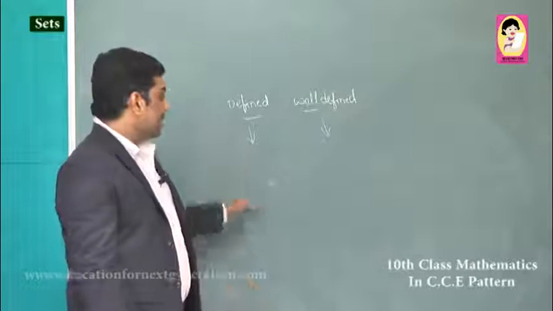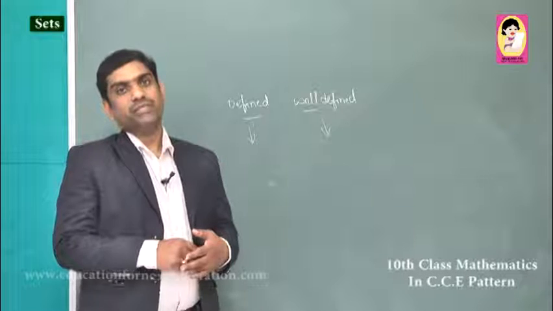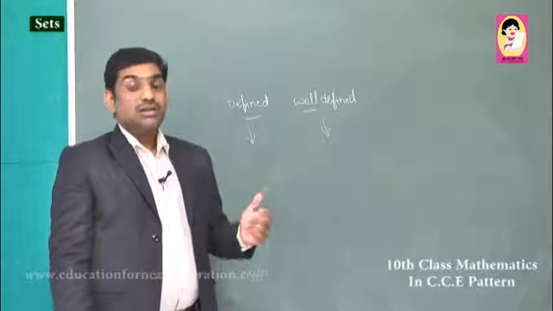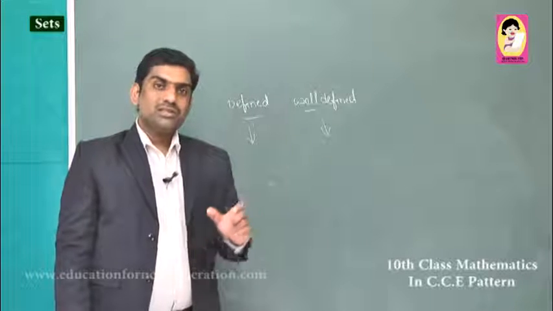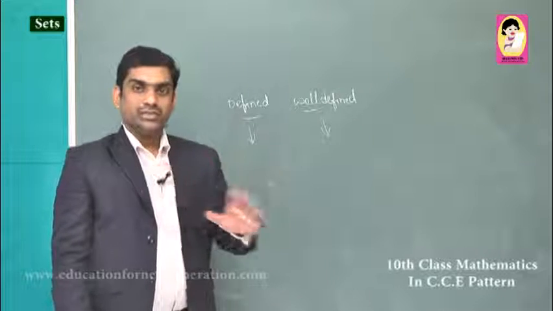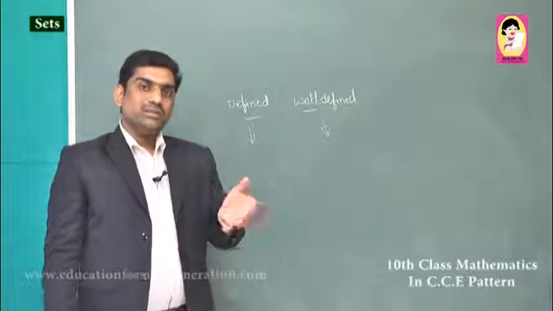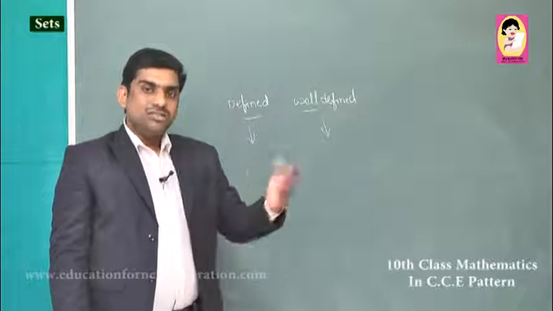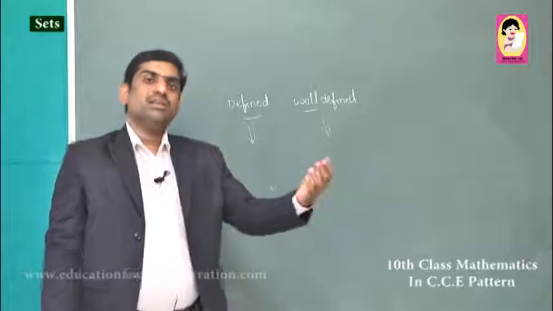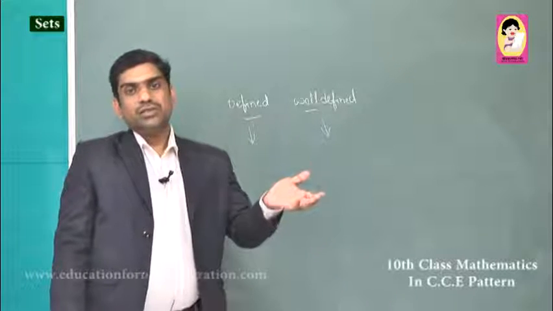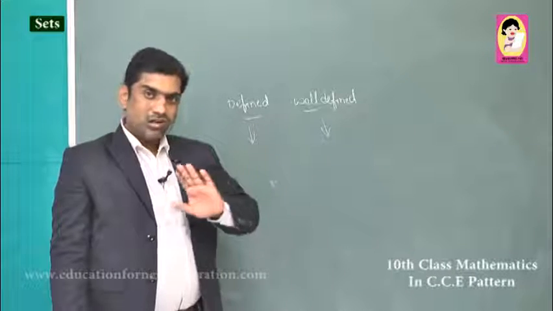And one more thing: in a classroom some 30 students are present. In those 30 students, we take the clever students or above average students. Suppose in the exam it is asked to verify whether the collection of above average students is a set or not. I am telling you, it is not a set, because it is not a well defined collection. Today, out of 30, the first 10 members are above average students. After one month, some of those 10 are below average, and from the remaining 20, some people will come and join those 10. So the collection of above average students will change. That type of collection is not a set.